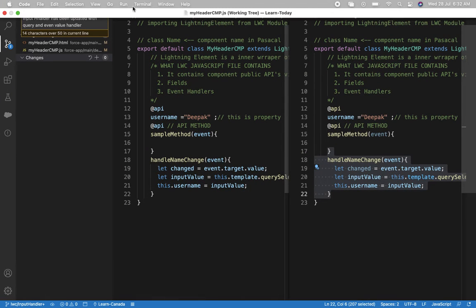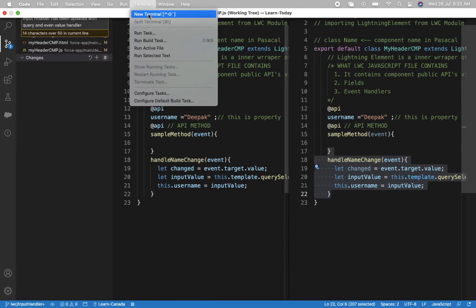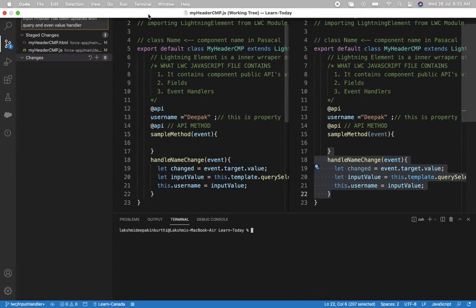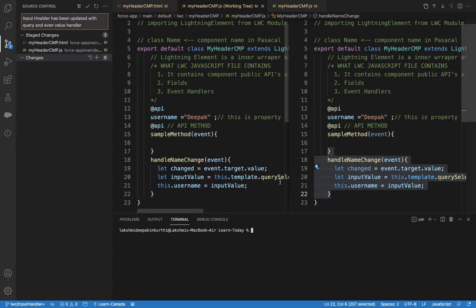You can go to the view terminal section, new terminal, and here you can say git config. This is a standard command that you can use. Git config --global user.name. You can give whatever you would like to.